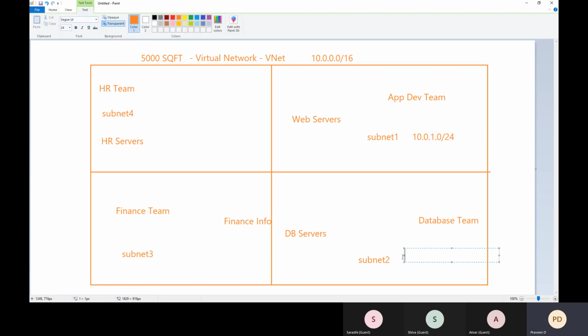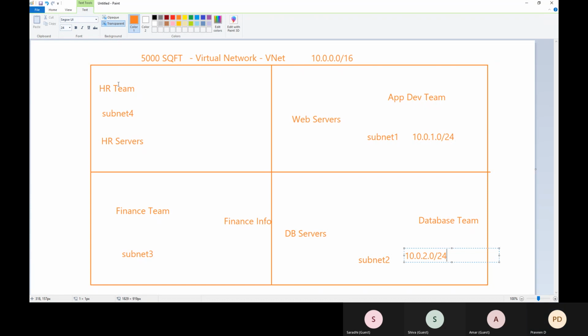For DB servers, I can give 10.0.2.0/24. The same way for finance, 10.0.3.0/24. The same way for the HR team also.